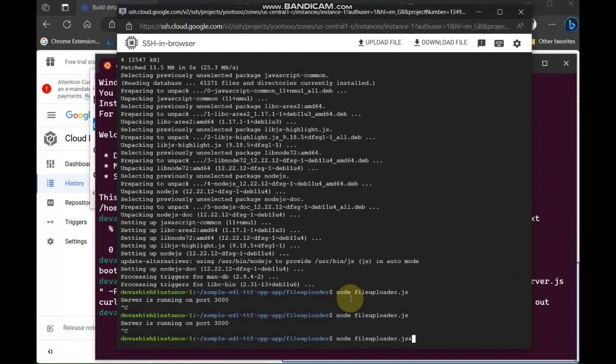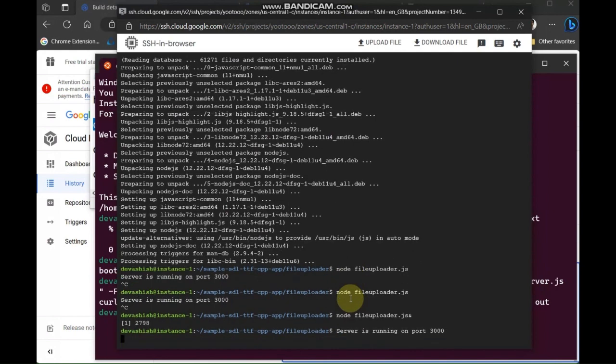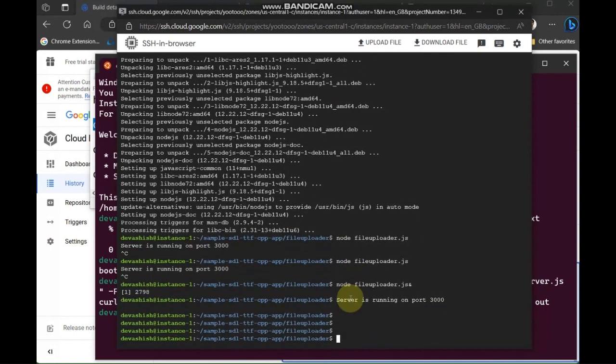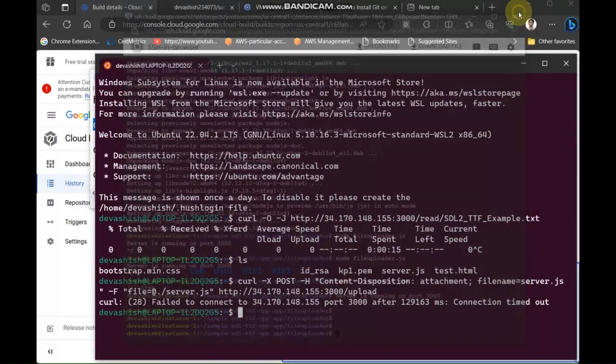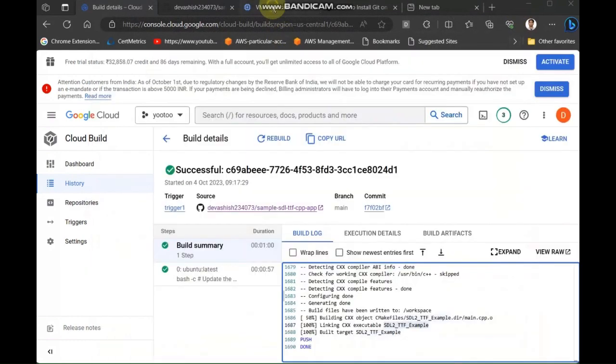So I'll add an ampersand at the end, and it runs in the background. So now even if I stop this instance, this application will keep on running. You can close this tab and go to,